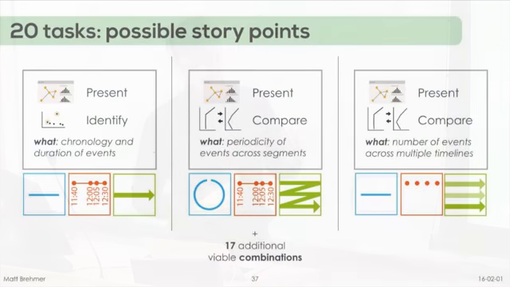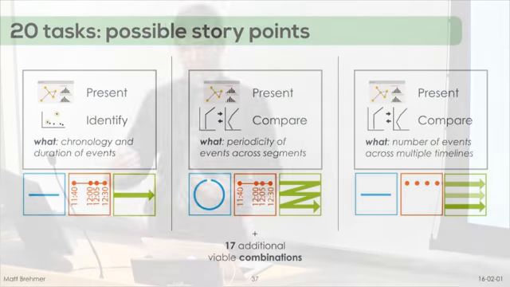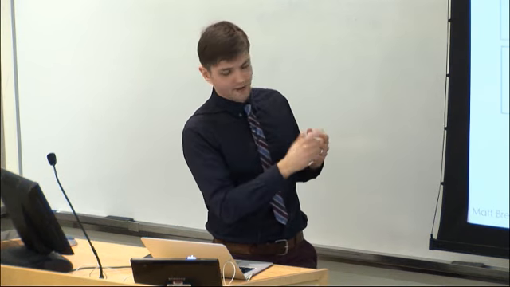So the way to constrain this large design space was actually to enumerate the tasks that mapped these combinations of representation, scale, and layout. So we ultimately were able to identify 20 viable combinations of representation, scale, and layout that map to meaningful tasks that the viewer is supposed to perform, or possible story points that map to those tasks. So these are just 3 examples. There's 17 more that we describe in our paper of examples of story points that vary either in terms of